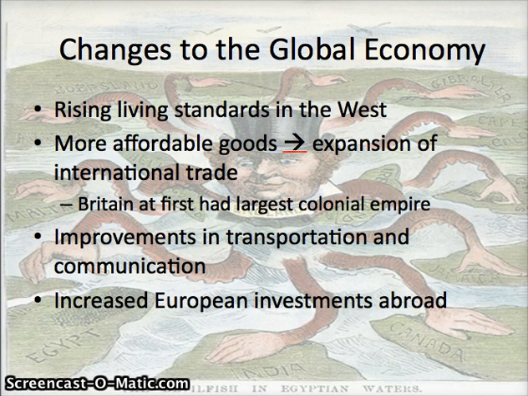Okay, so there are many economic changes that are starting to contribute towards imperialism. Later, we're going to talk about how also you have social factors as well, especially patterns of migration. But first, let's think about how the economic development in the West is contributing towards imperialism. So we've already talked a lot about how these Western European countries have been industrializing rapidly.